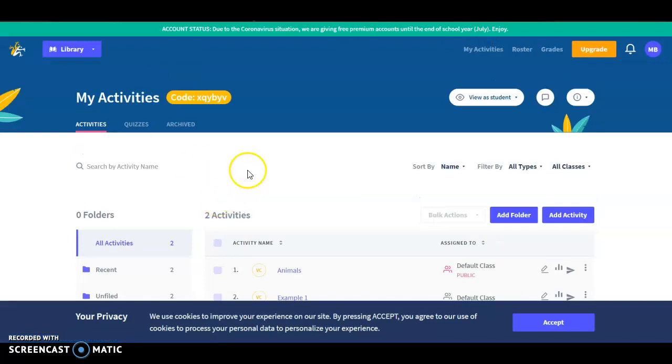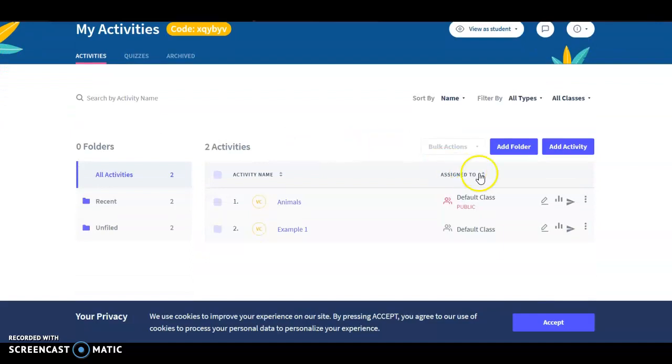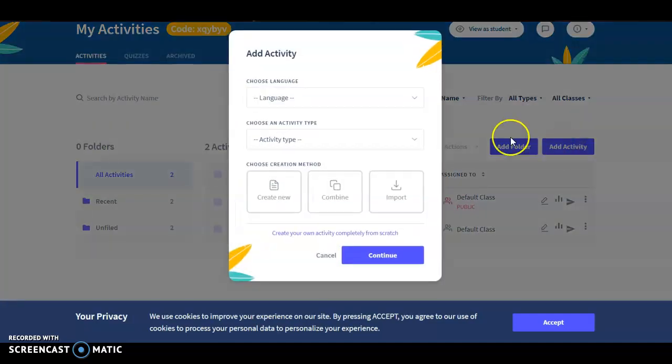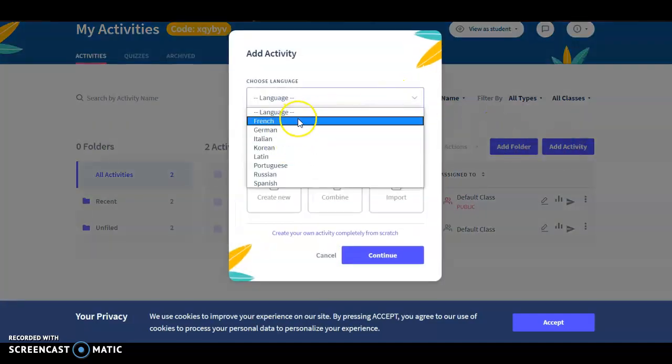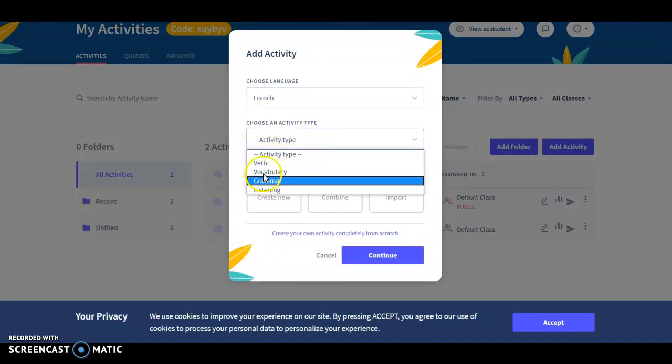So we'll go back to our activities, and you see that we have our active activities, our active quizzes, and archive. So if we have something that's maybe from a previous year or something of that nature, we can go ahead and take a look at those. Now, if we go over here and click Add Activity, and I'm a French speaker, so I'll go ahead and select that, and we'll just do some basic vocabulary, and we're going to create new,